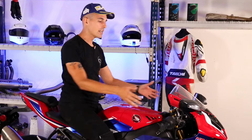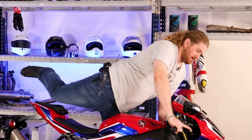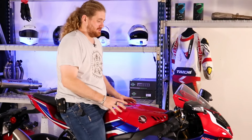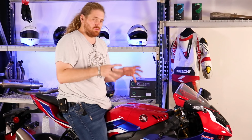They actually lower the pegs and bring the bars up a little bit too. But let's see how Spite feels on this race bike over here. So throwing a leg over the Fireblade here, this bike is just wild the way it sits. It's unlike pretty much any other motorcycle that I've ever sat on, because you can really tell how purposeful it